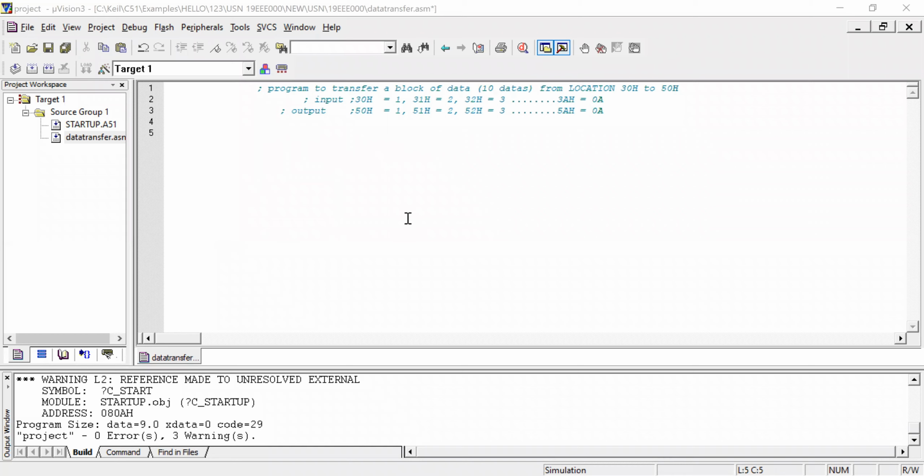Okay. See, let us start the program now. I'll tell you each and every line. So initially, turn on your caps lock, okay, and give everything in capital letters.